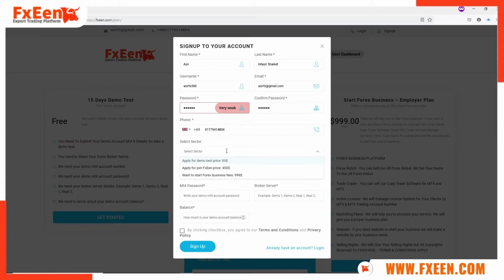and then you need to select a sector, apply for demo test. This is totally free. And then you need to write your broker name. Say for example, my broker name is IC Markets. And then you need to write your MT4 account number. So basically there we need your demo account number. Say for example, my demo account number is this, and then you need to write your demo account MT4 password,